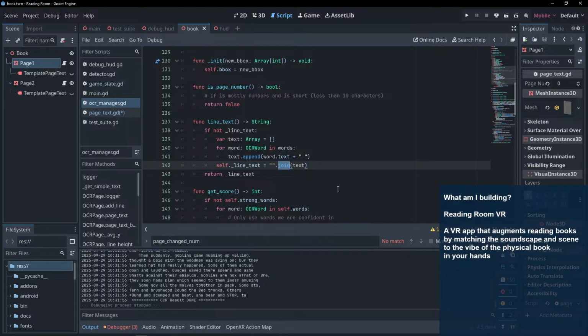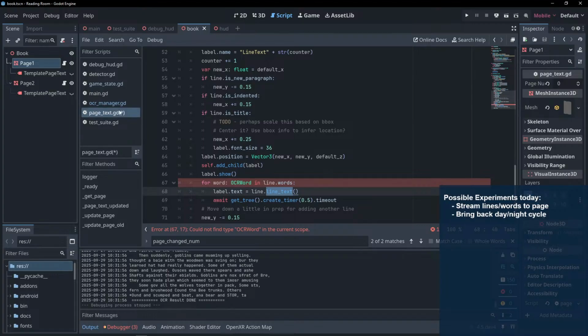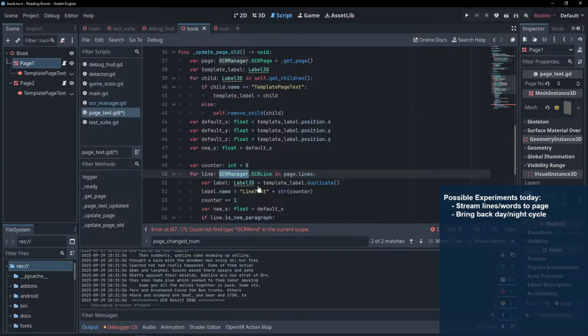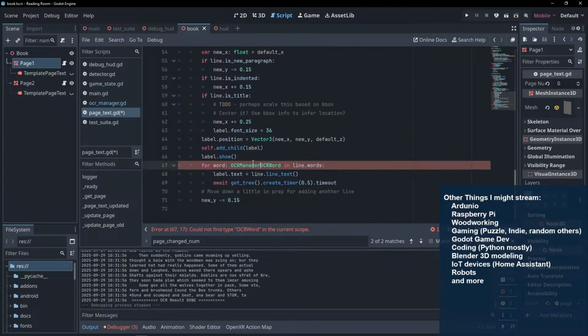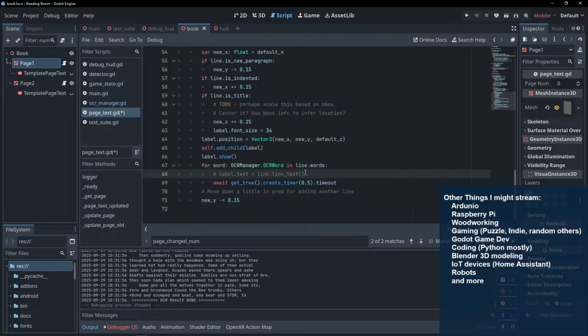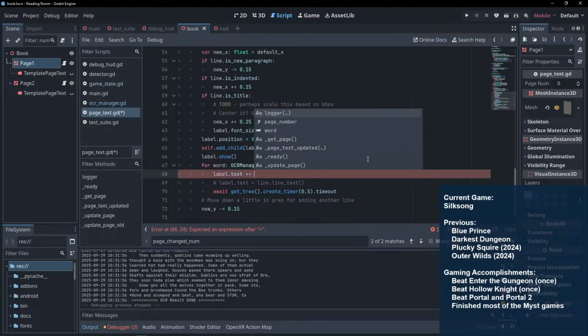This is a little ugly. Okay, but each word has a space after it. Yeah, couldn't find OCR word. It's because it's an OCR manager OCR word. So I wonder if I can do label.text plus equals word plus